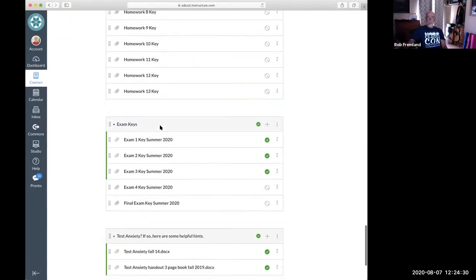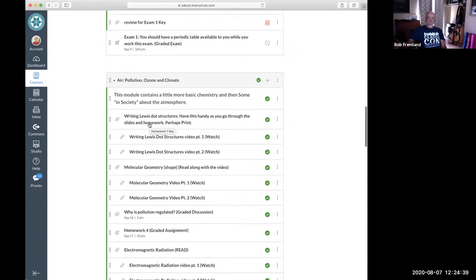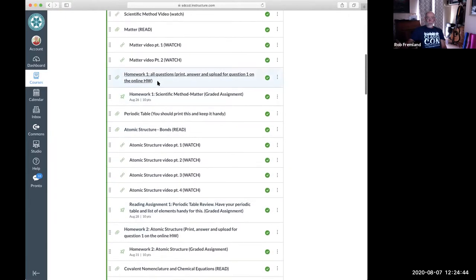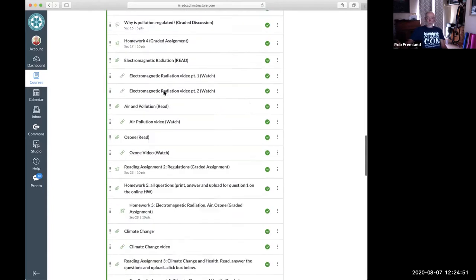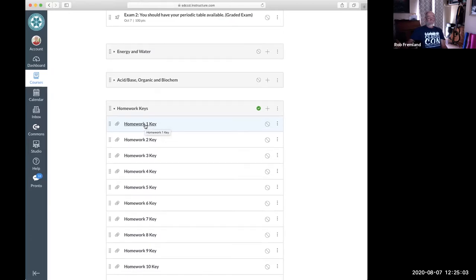A little bit more: if you scroll down here, these are some other modules that I haven't opened yet. These are the answer keys to the homeworks. So this is homework 1, way up here. I'm not going to grade every question. I'm only going to grade the ones that are in here. So how do you know if you got question 6 right? Well, after it's graded, you can go here. I'll make this available, and this is the answer key to homework 1. So you can look through it and see what you did right, what you did wrong, and what the answers were that I was looking for on questions, both the ones I graded and the ones I didn't grade.